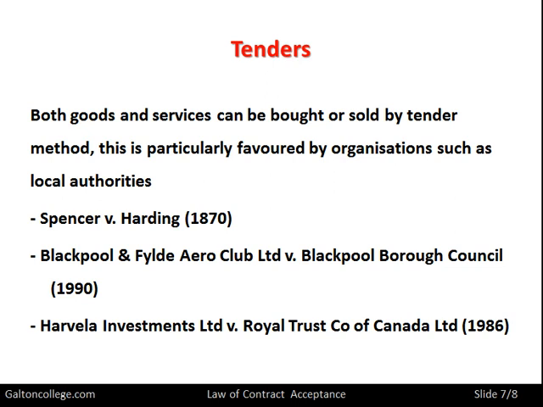But notice of tenders normally appears in quality newspapers, inviting companies or suppliers to tender for a job, to apply for the work, give a bid and set out how they're going to approach doing the job and why they're qualified to do the job. And after scrutiny of the various tenders, the local authority, let's say, will select the one most appropriate, and at that point a contract may be agreed between them.